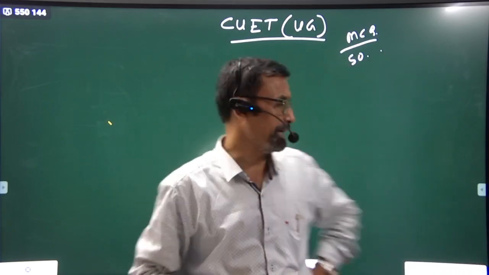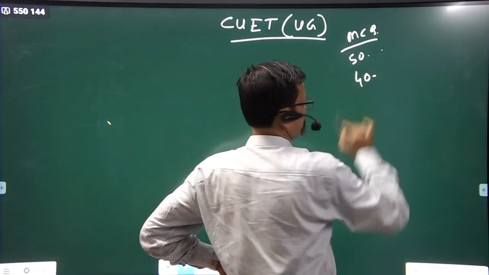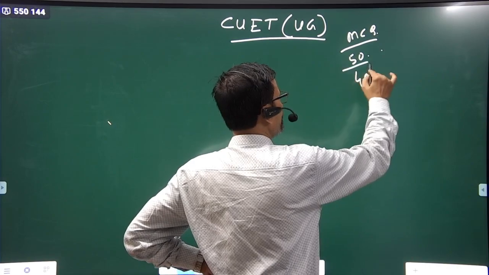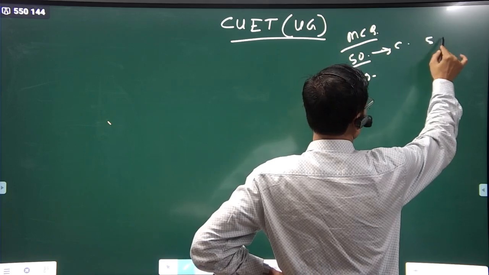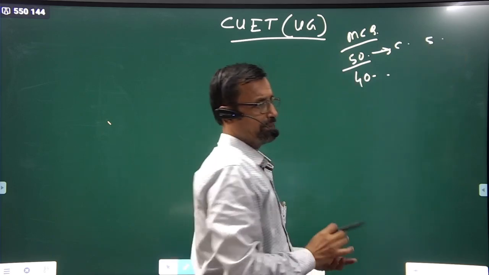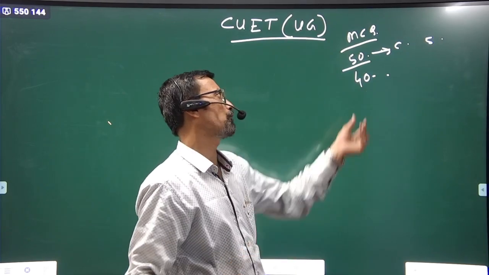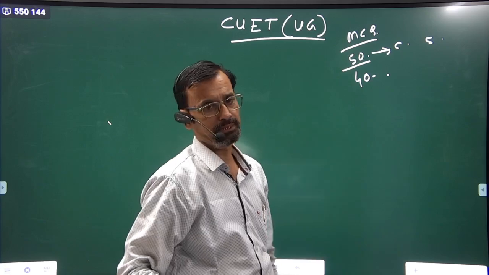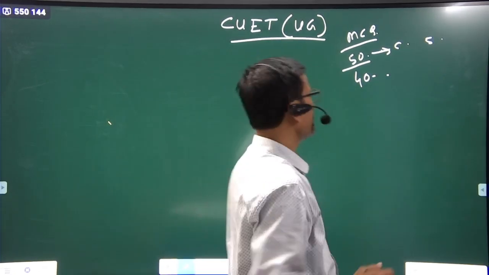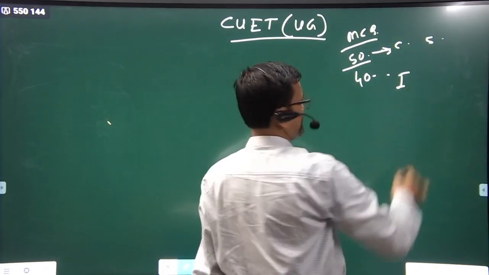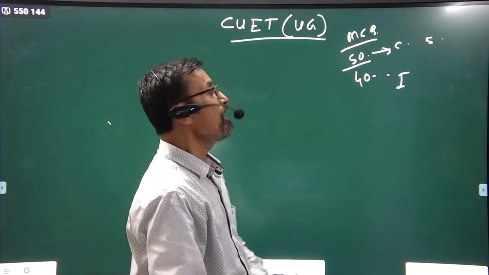Out of 50, you need to attempt 40 questions. Each question carries 5 marks, and this is how there will be a total score of 200. But if you commit any mistake, then 1 mark will be deducted. This is the pattern of the question paper